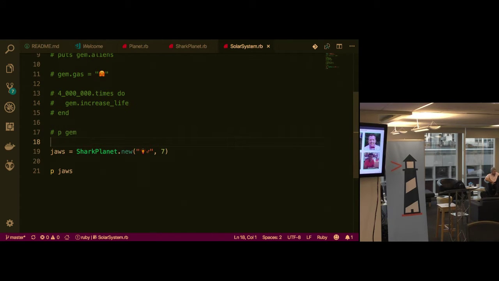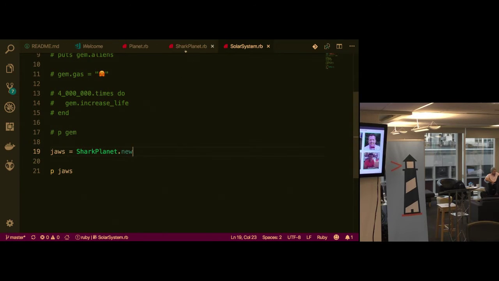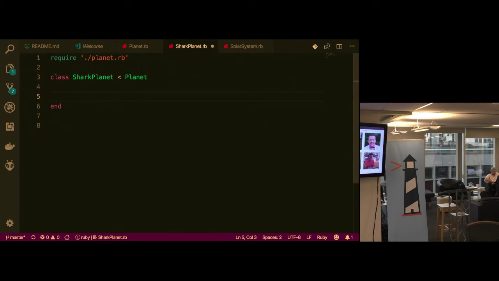But we want every Shark Planet, when it's created, to have these properties by default. I don't want to have to pass these in every single time we create a Shark Planet. So how do I make sure that these values are the default values every time? How do I set up some default values when a class is initialized?